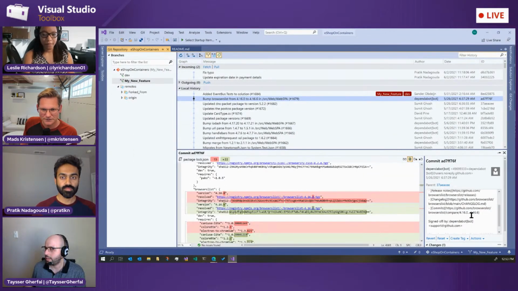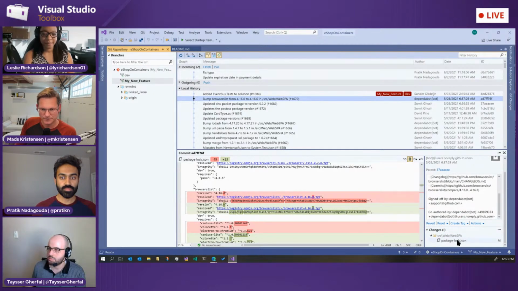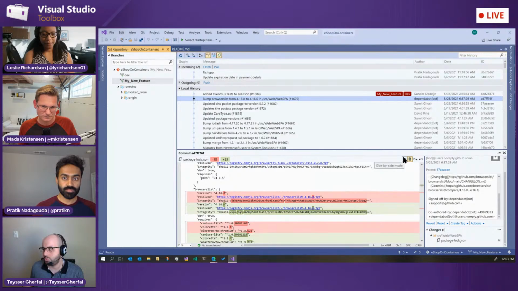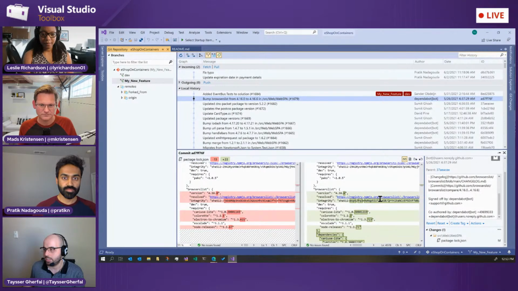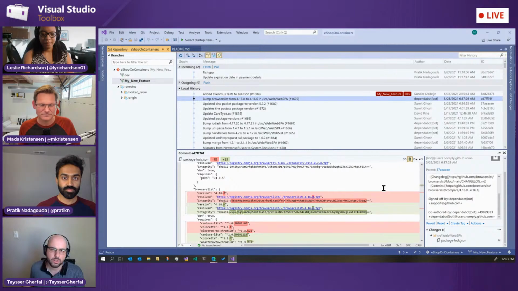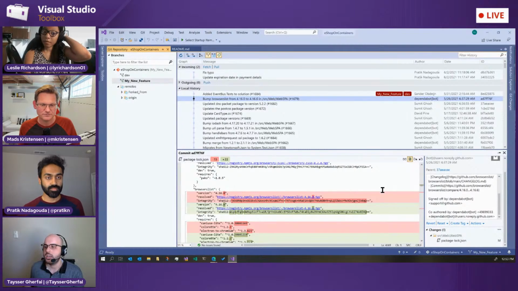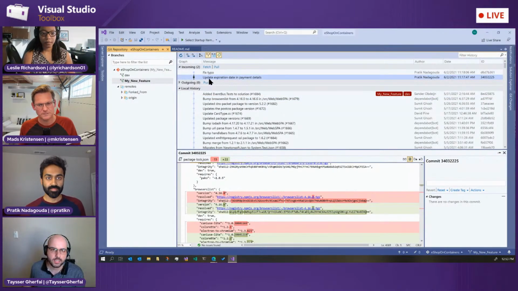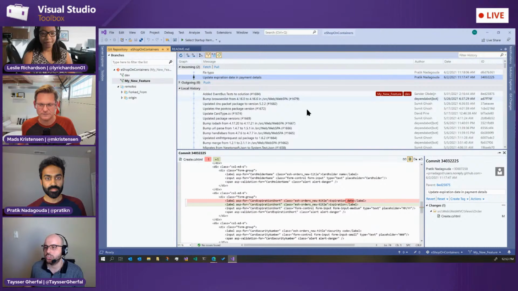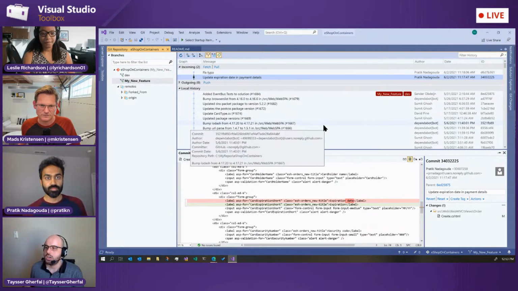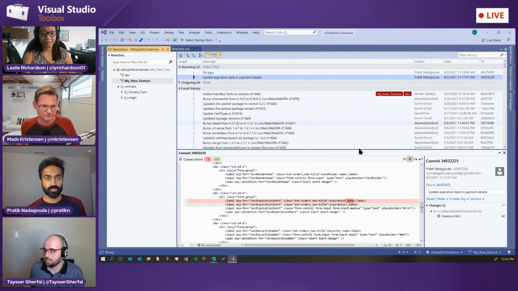I can look at different changes as well. And I get the ability to configure how my embedded diff would look and function. So I have an inline embedded diff in this case, but I can choose to use the side-by-side version if I want. This is really great if I'm looking for a specific change or if I'm trying to figure out what my team has been working on. In this case, I can look at what Pratik has been introducing into that branch very quickly at the same place. But once I know that this is the commit that I would like to focus on,